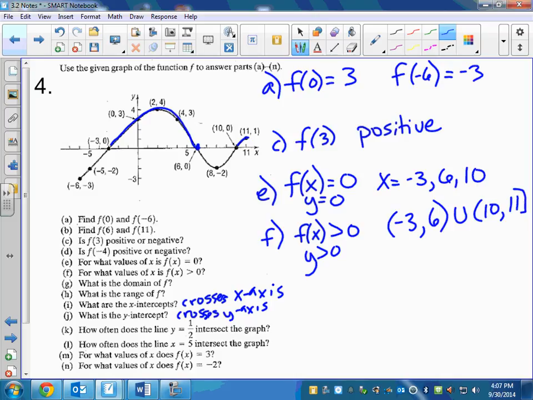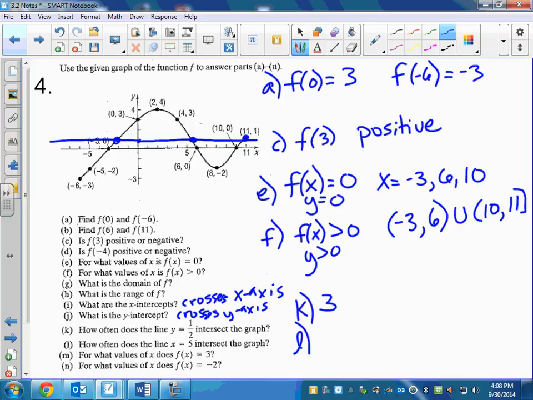What about K and L? K says, how often does the line y equal 1/2 intersect the graph? Where would the line y equals 1/2 be up here? Some of us got these confused on our test. Y equals 1/2 would be a horizontal line at 1/2. So what if you just drew that through there? How many times would the line y equals 1/2 intersect that graph? No work to show on that, right? I think the answer would be 1, 2, 3 times. I know that's a little off, but